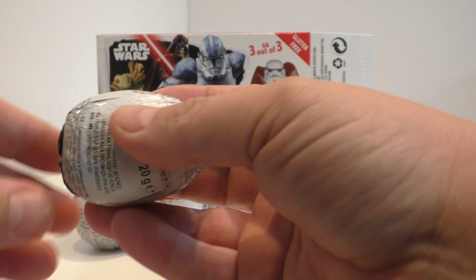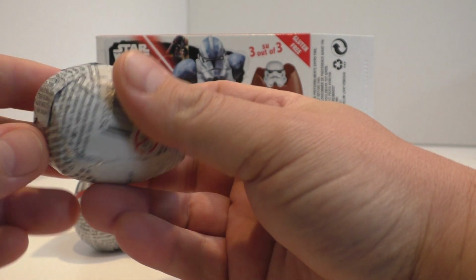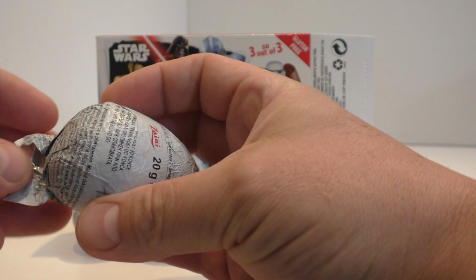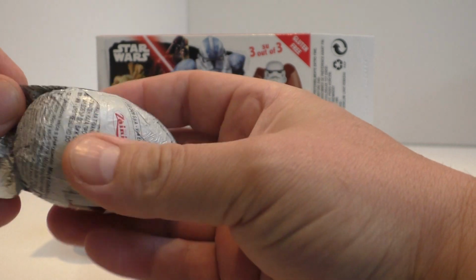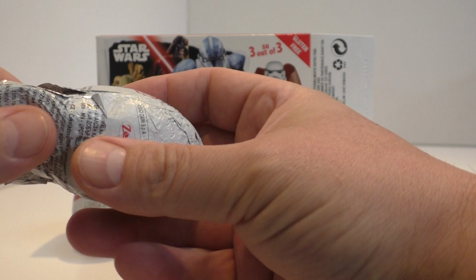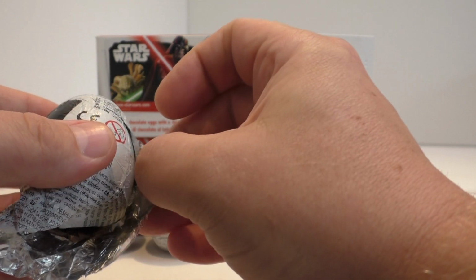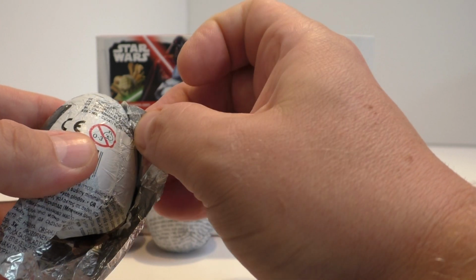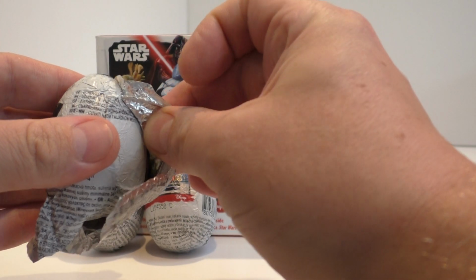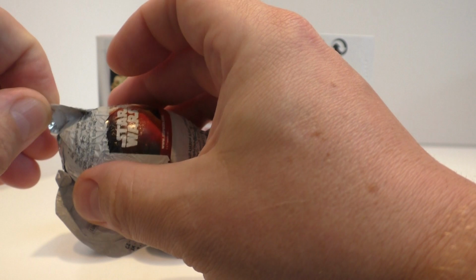Right, so now with these things, it's almost impossible to get these. I know people have done, and occasionally I've been quite lucky and managed to get one of these open without tearing. Can you feel that tension? Oh, there's some broken chocolate dropping out. Right, okay. You have to kind of...